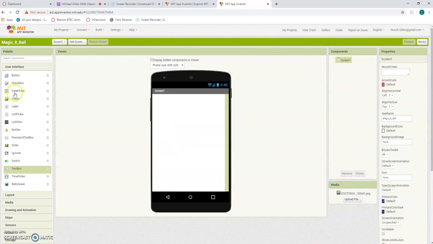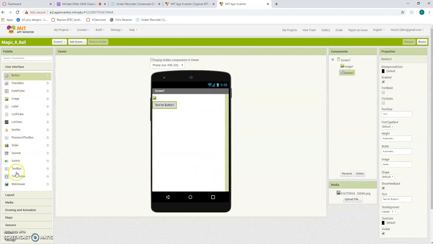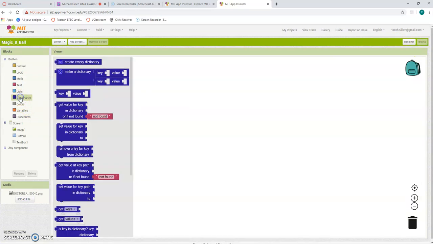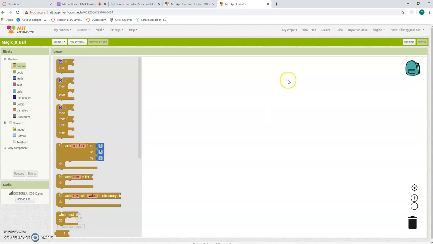Now, I'm just going to bring in, say, an image here really quick and a button and a text box. All right. Now, you'll see that's how we do our draggy droppy thing. All right, and there's only these things here we can work with. However, if you then go to blocks, you will see then the bit we're on about, which looks a bit like